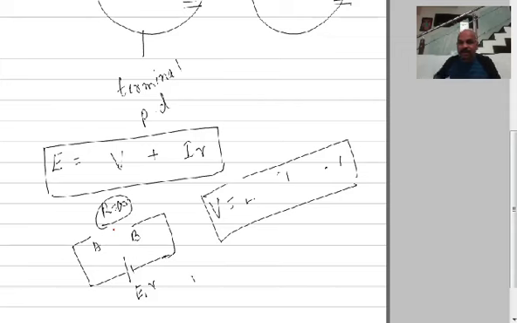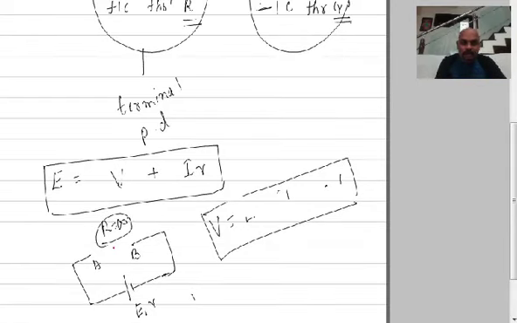If it is an open circuit, current is not drawn from the cell. When the current is not drawn from the cell, then the terminal PD itself is equal to EMF of the cell. So that is one thing, dear students.